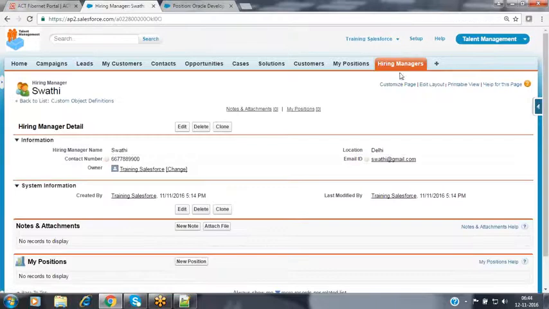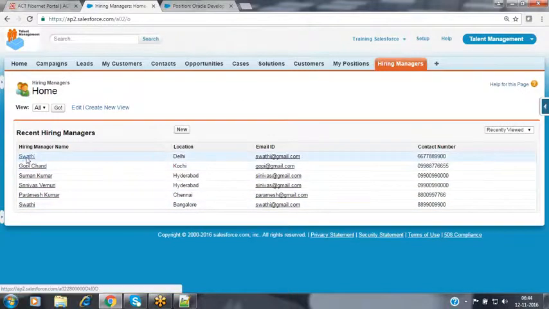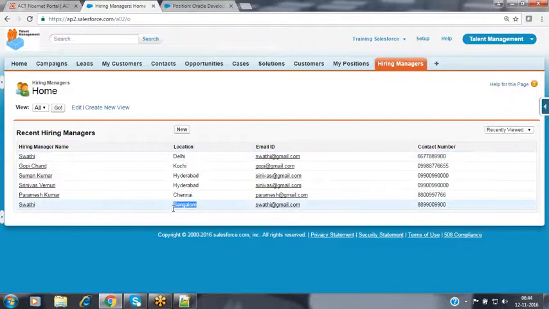Now observe this one here. How many records are available? In the hiring manager, we have two records with the name Swati. Here also, she is Swati, associated with the Delhi location. Here also we have a Swati record, associated with the Bangalore location. So two Swati records are available here.